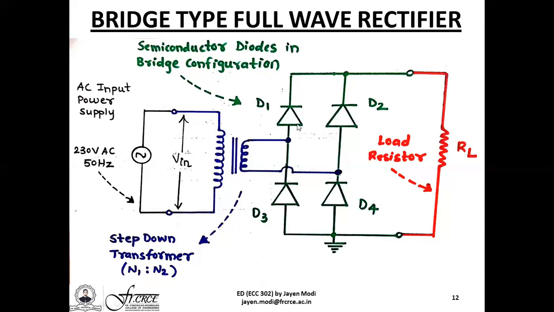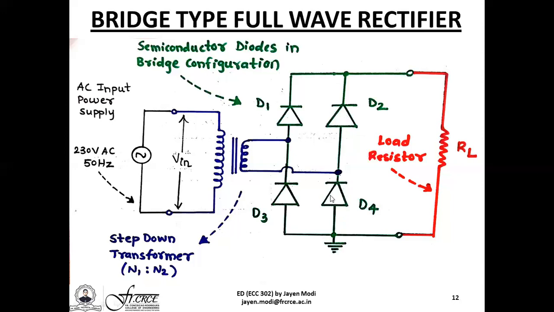So when we start sketching the entire bridge type configuration circuit, we'll be starting with diodes D1 and D3. Both should be drawn in an exact series form. So we have the cathode pointing on top, the anode below for D1. For D3, we have the cathode pointing on top exactly in series with the anode for D1, and we have the anode for D3 pointing below. Exactly in parallel or in shunt, we need to sketch diode D2 and diode D4, where both of them have to be drawn in series.